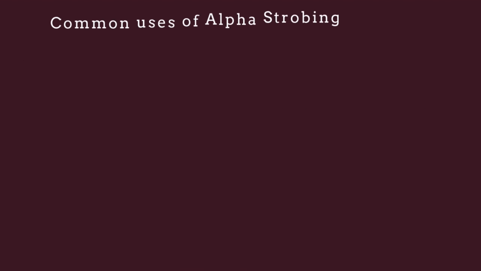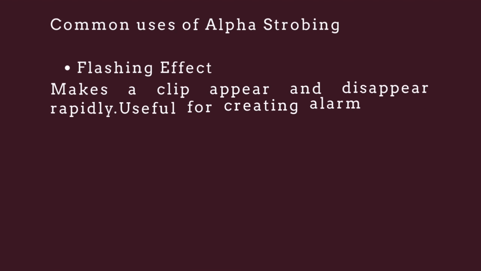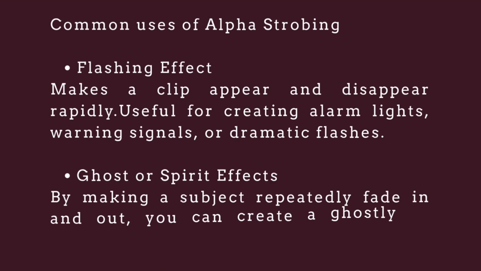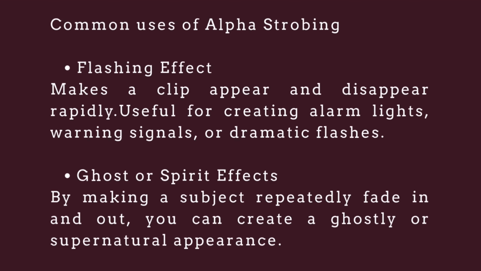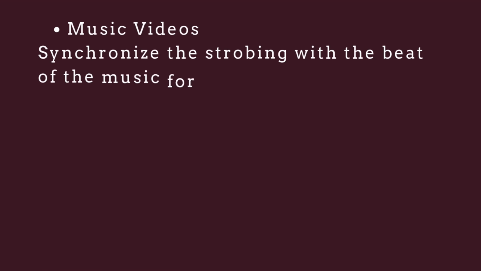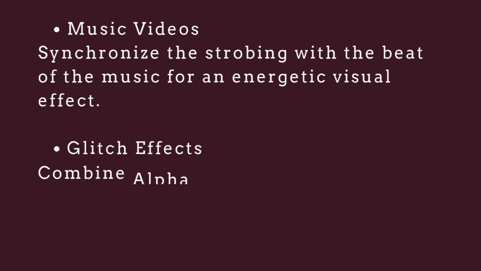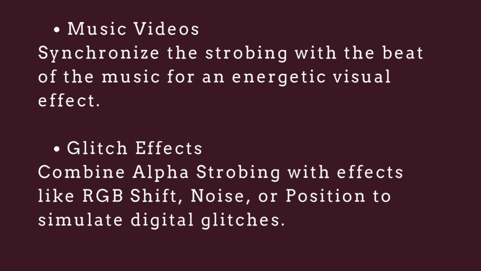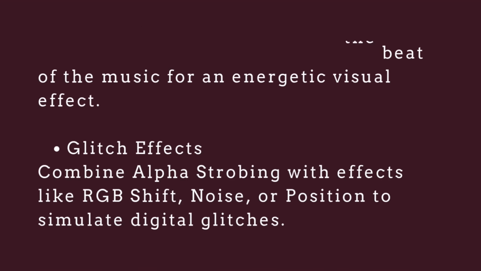time. For example, a common use of alpha strobing can be a flashing effect, which makes a clip appear and disappear, or ghost or spirit effects by making a subject repeatedly fade in and fade out, or you can create a ghostly or supernatural appearance. In music videos, you can synchronize the strobing with the beat of the music for energetic visual effects, and also glitch effects, which combine alpha strobing with other effects like RGB shifts or noise or position to simulate